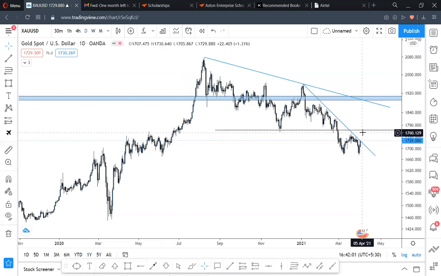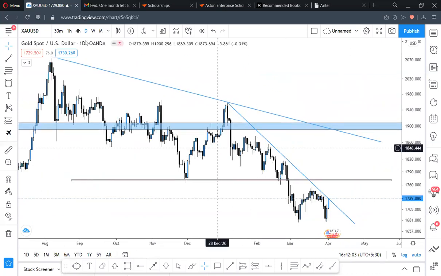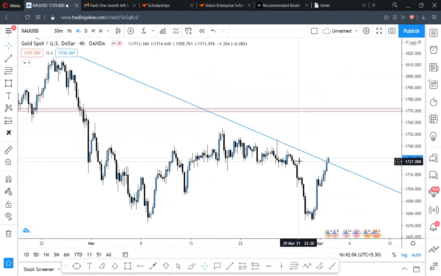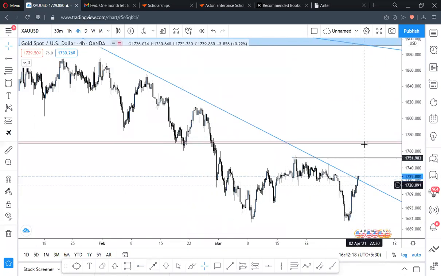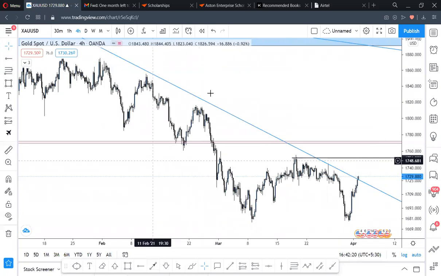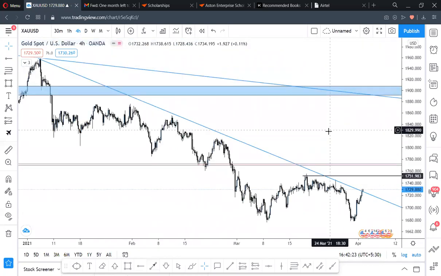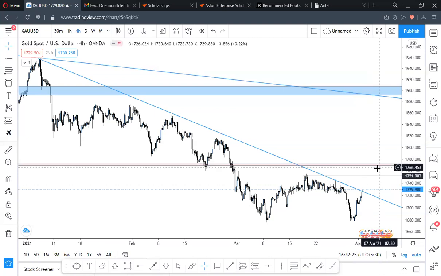If they don't breach that, let me actually bring it here. This will be an area of interest for us. If they breach it, 1800. Let me see whether it's still okay. It's still recording. If they breach this,